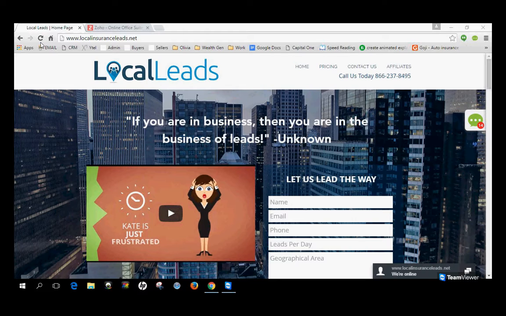Whatever you need to do with a lead is probably going to be stored here in Zoho. So let's go ahead and get started. First of all, you should have received an email from our support department when you got started with the login information for